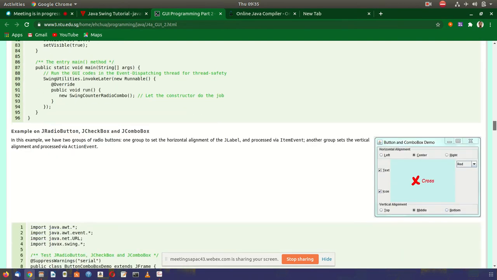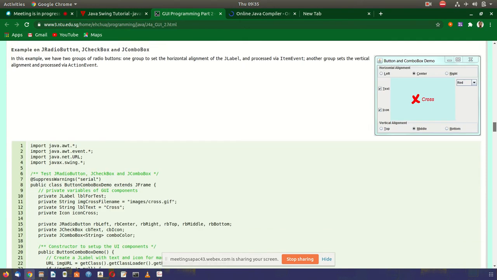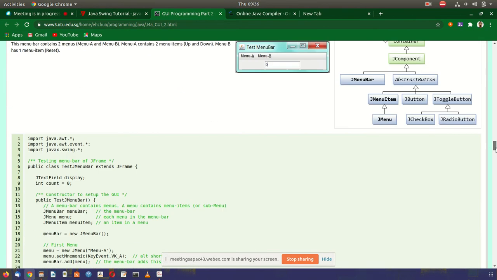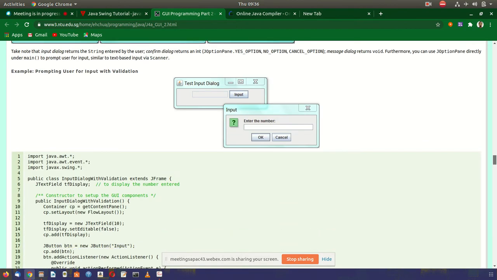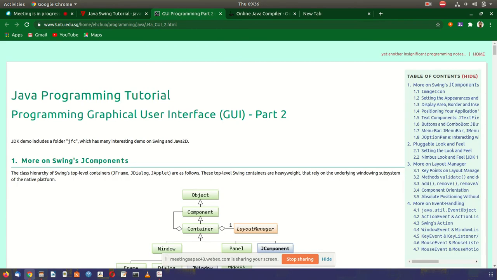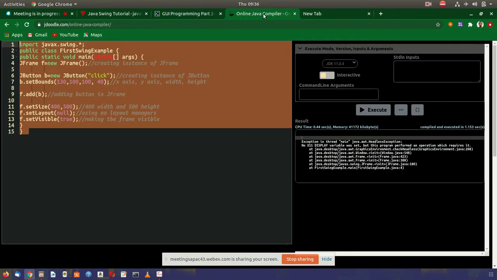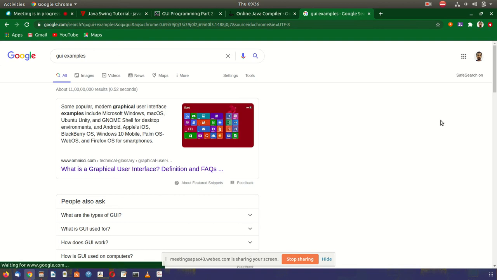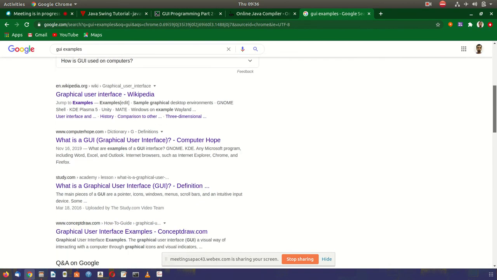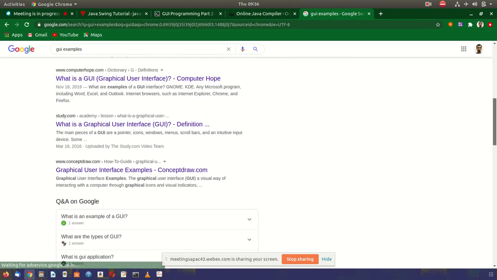So this is another example. Here is another example. So basically whatever we see nowadays in the modern day, all are graphical user interfaces. Windows is a good example of a graphical user interface.